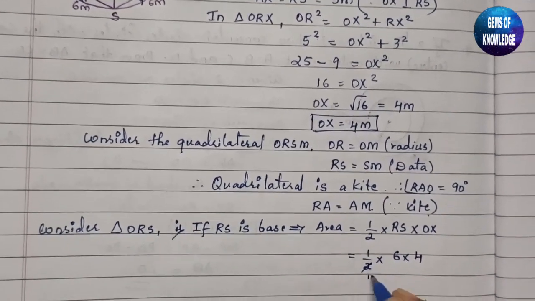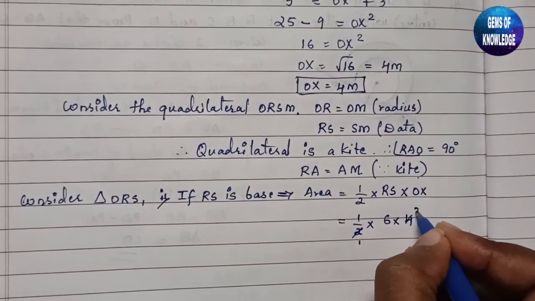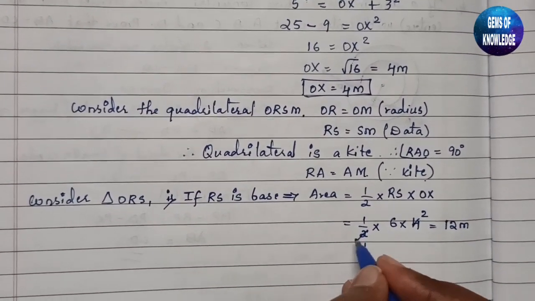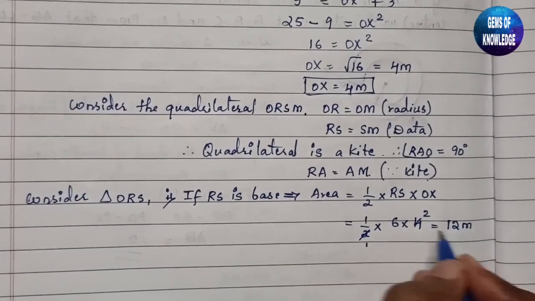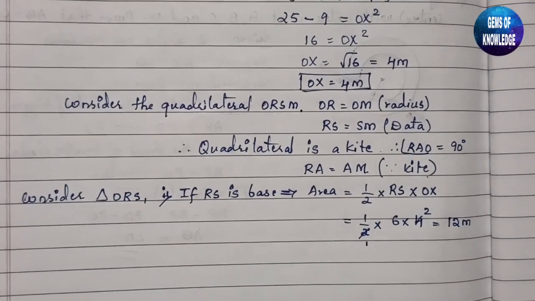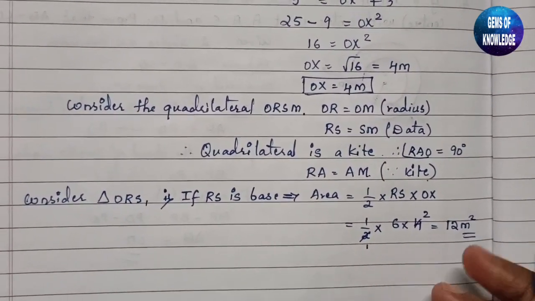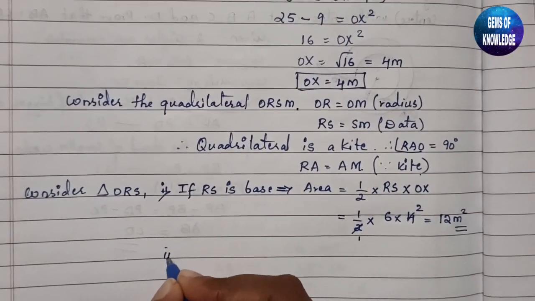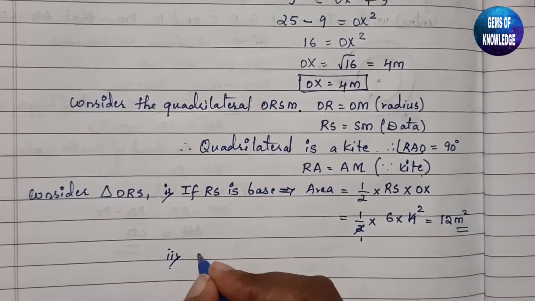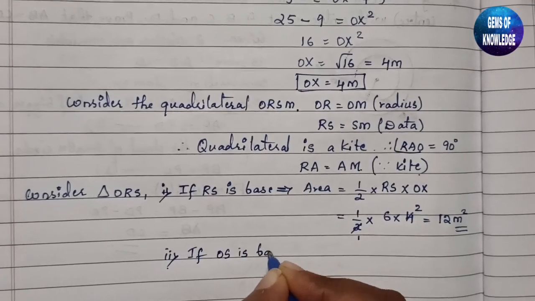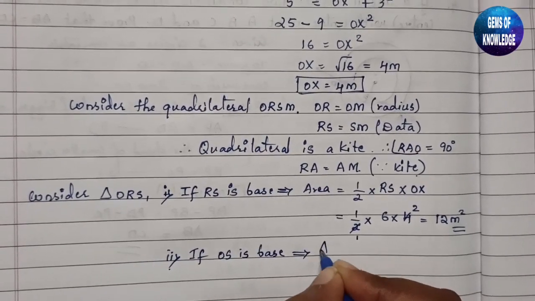So 2 ones are 2, 2 twos are, we got 6 twos are 12 meter. We got area to be 12 meter square. Okay, we got one area. Now in the second case, if we consider OS as the base, then area will be